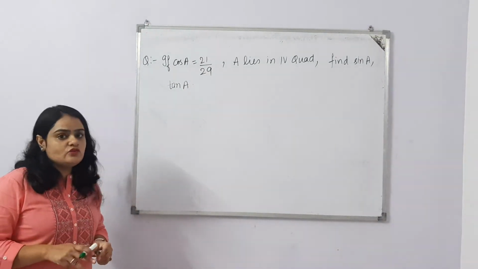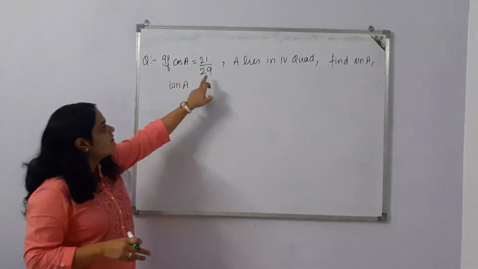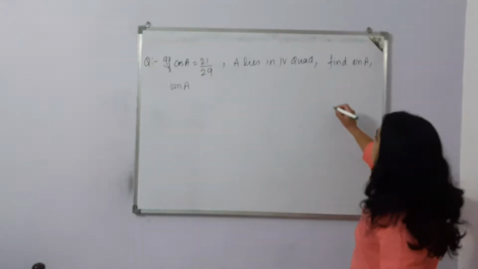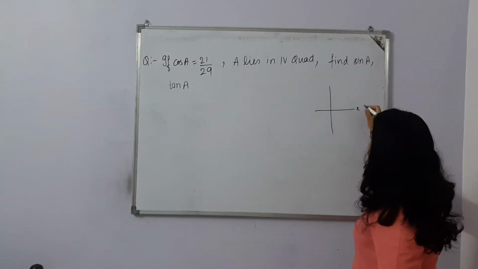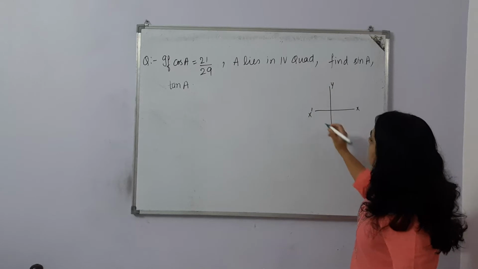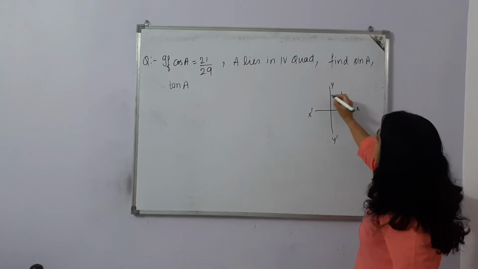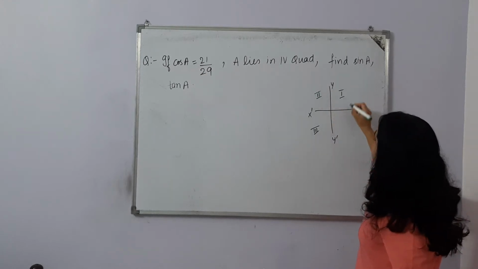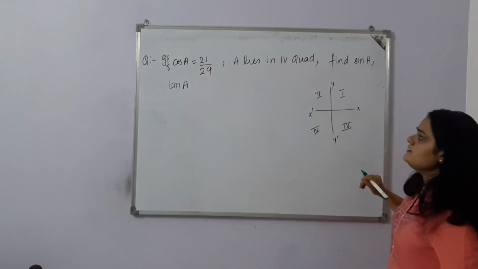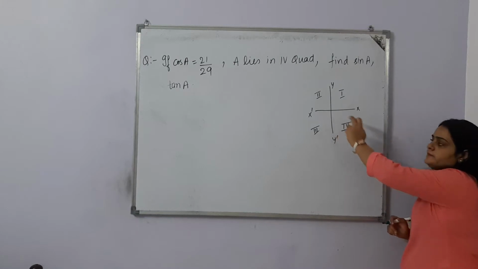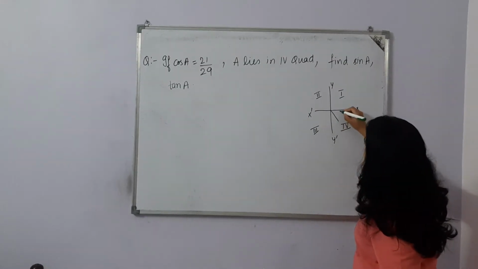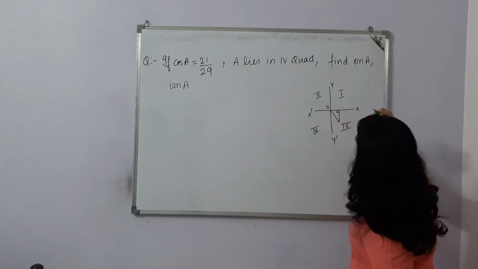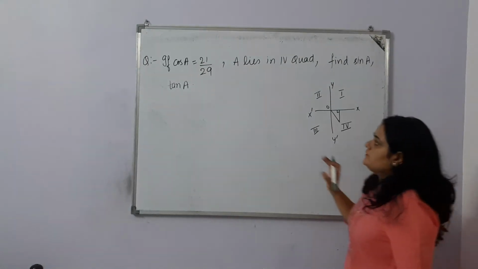This trigonometric ratio's value is given, which is positive, and here A lies in the fourth quadrant. So the angle is in the fourth quadrant. This is the x-axis, y-axis, negative x-axis and negative y-axis. First, second, third quadrant, and of course this is the fourth quadrant. So we are in the fourth quadrant, and our fundamental triangle will be like this. So cos A